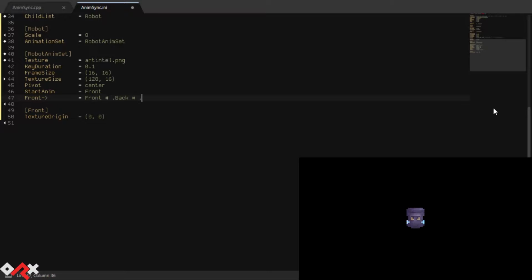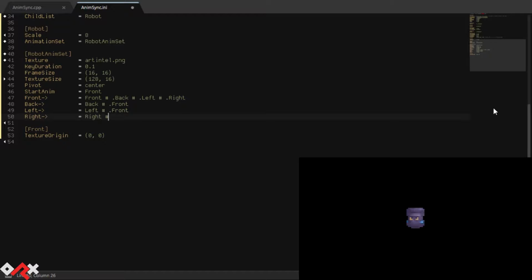Front can loop onto itself or be interrupted to transition to back, left, and right. Back, however, can loop onto itself and be interrupted to transition to front. We'll do the same for left and right, which means transitioning from left to right, for example, will go through the front animation.